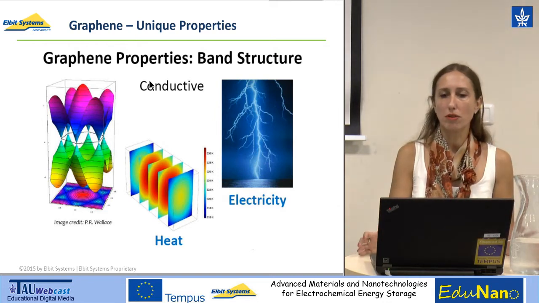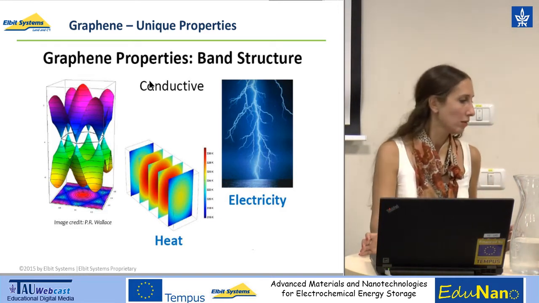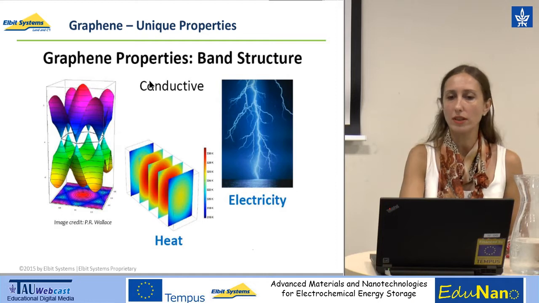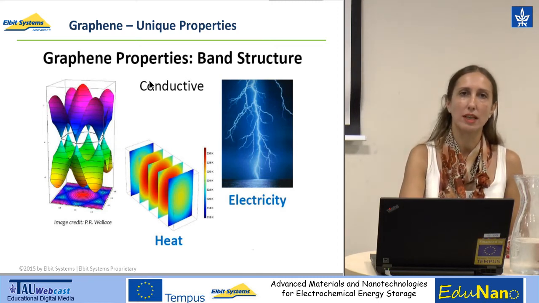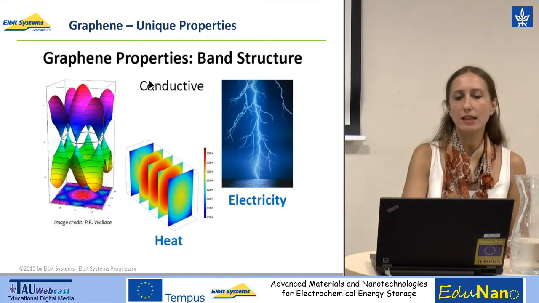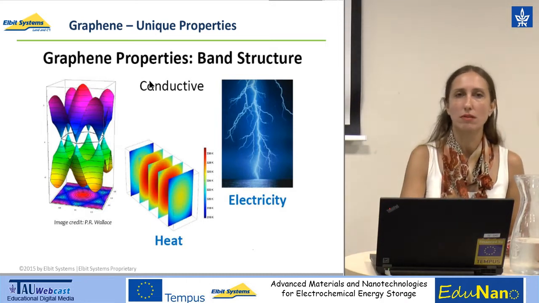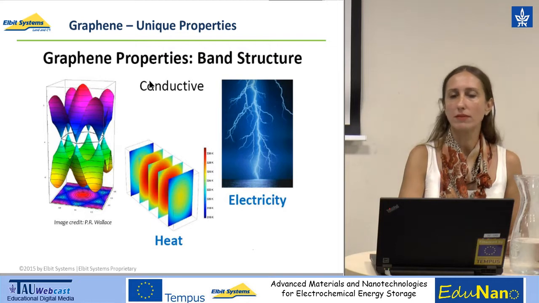Going a little bit into the properties, graphene actually owes its unique properties to the electronic band structure. What I would like to talk about now is the electronic structure of graphene, and correlate this structure to the conductivity of graphene layers, which are known to be very highly conductive, especially in the in-plane direction, but they exhibit relatively low conductivity in the z-axis. The electronic band structure of graphene is also correlated to the thermal conductivity of graphene, and these unique properties will result in different applications that we'll